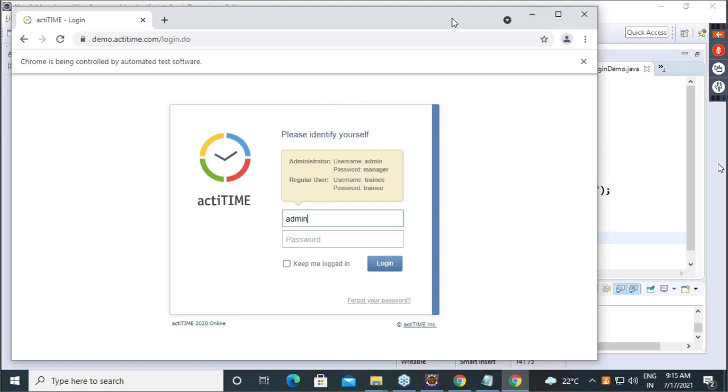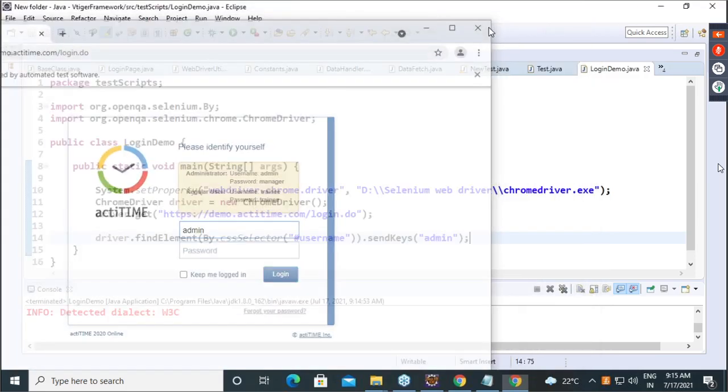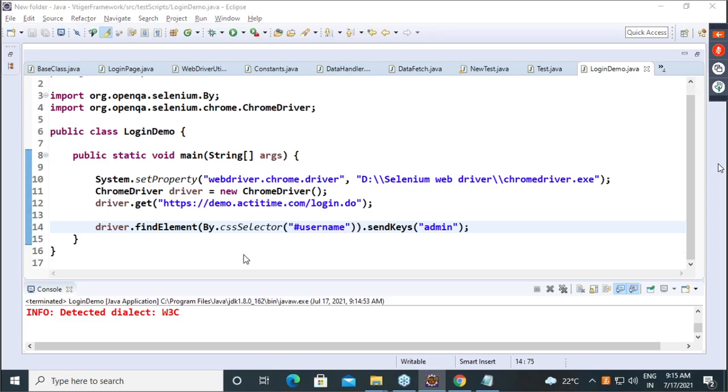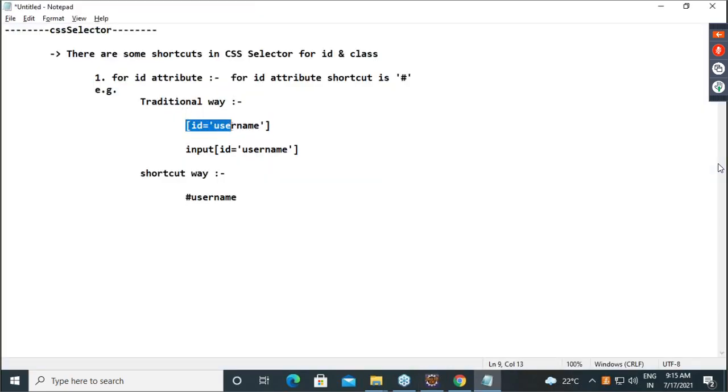Okay. So this is an alternative for this one. Now hash username: why is it matching hash username in JavaScript also? Because we are trying to search it in the entire HTML, in the entire code. Now I want, boss, don't find it in the entire code. First find whether it is input or not. Then in input identify what? Username. So the alternative is input hash username.